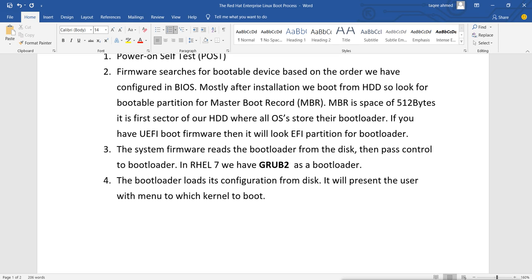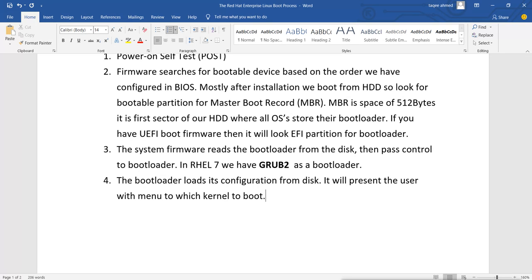So it will load the configuration files and show you the menu of which kernel you want to boot. Remember, whenever we restart the system, we see an option for 5 seconds. 5 seconds is the default. We see this option for 5 seconds, asking which kernel you want to select.